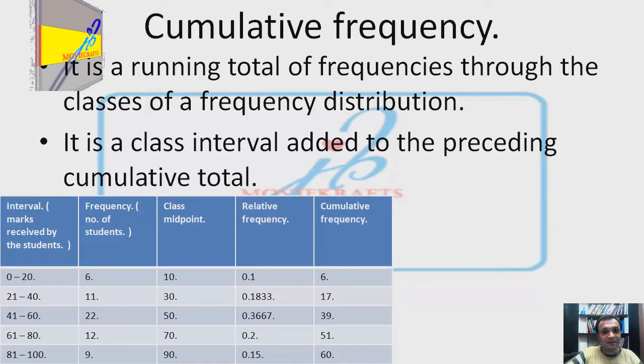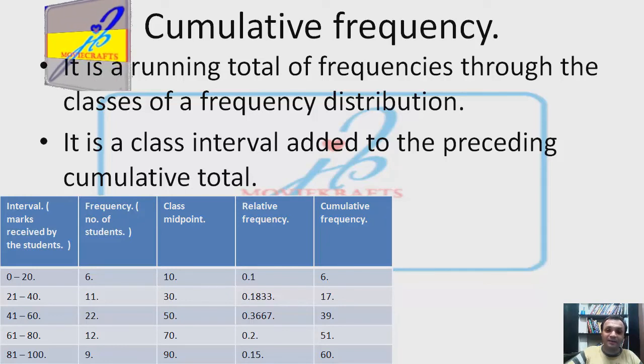The cumulative frequency is also 6 because there are no classes preceding it. But in the second class, 21 to 40 marks, the frequency is 11. So the total of 11 plus 6 is 17. That is the cumulative frequency of the second